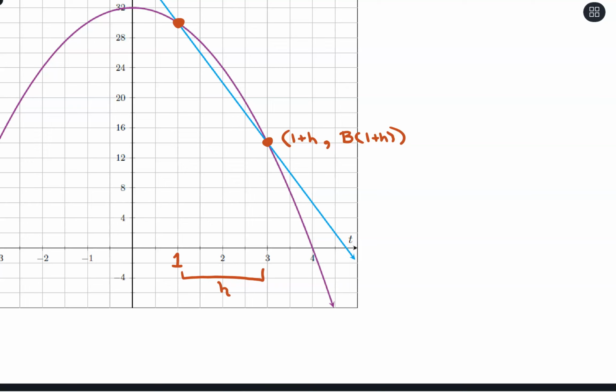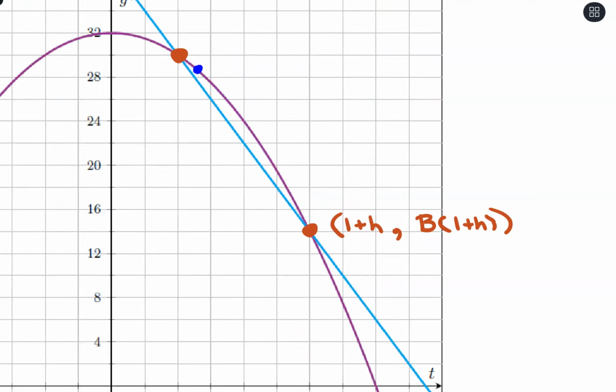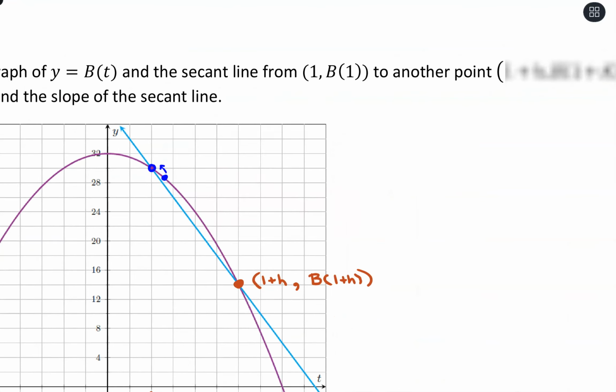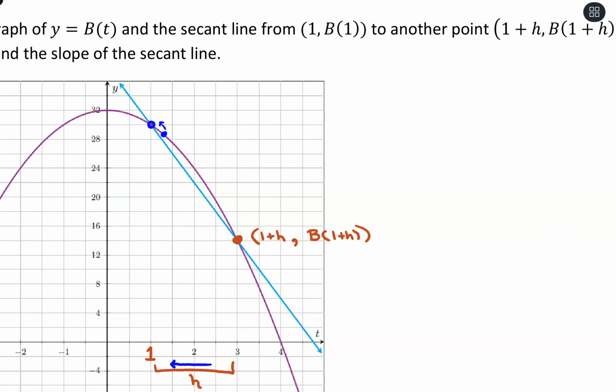And the idea of calculus is that we want to start taking that increment closer and closer to 1. Because if we do that, as we get closer and closer to 1 on our function, we're going to start getting a closer and closer glimpse of what's happening at exactly 1. So at that coordinate that we're interested in, what is our average rate of change right at that point? So that's where we want to move the second coordinate closer and closer to get this idea. If we're focused on just what's happening at 1, it's like we're interested in finding this instantaneous rate of change,